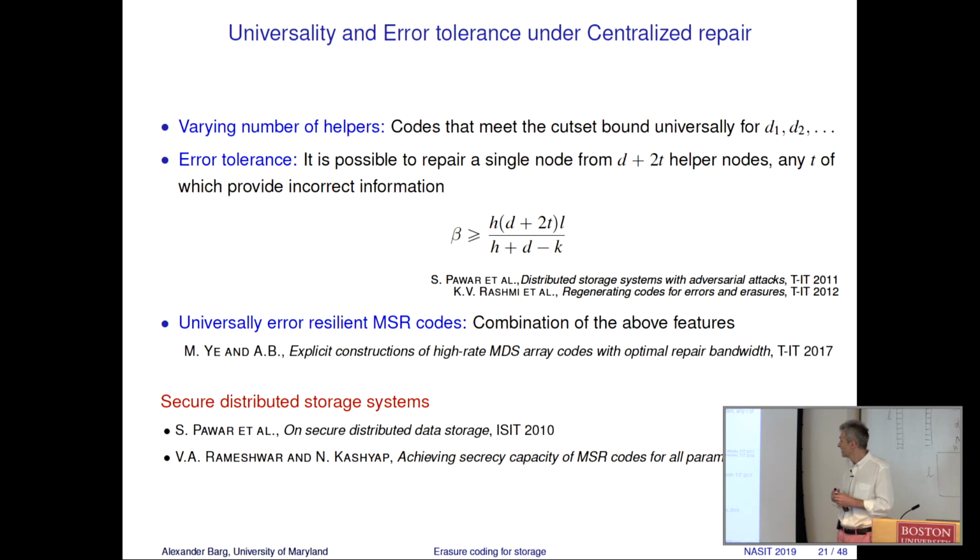Yes? H is the number of erasures that we are correcting. So remember, there is the number of helpers, and maybe we want to correct more than one erasure. You are saying that this is a mistake, right? No, okay, fine. But why did they not use H to denote the number of helpers? No. We'll discuss that, but this is a mistake.